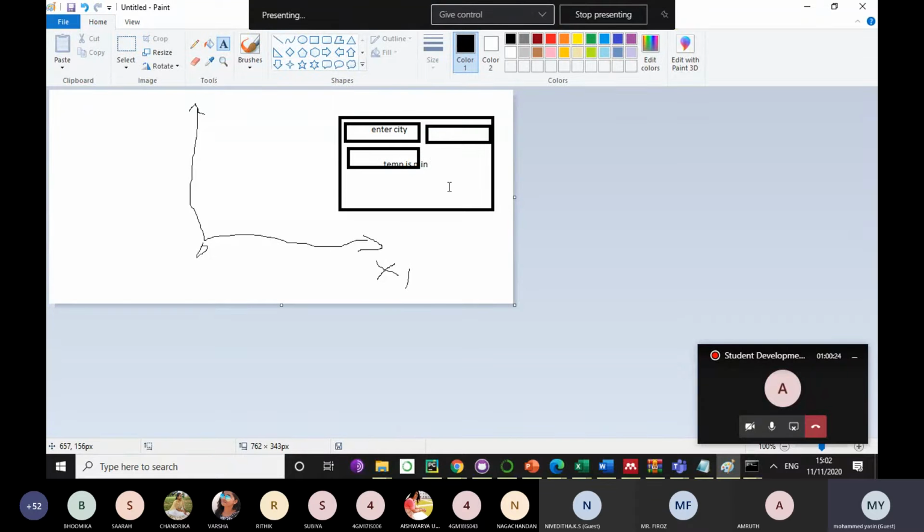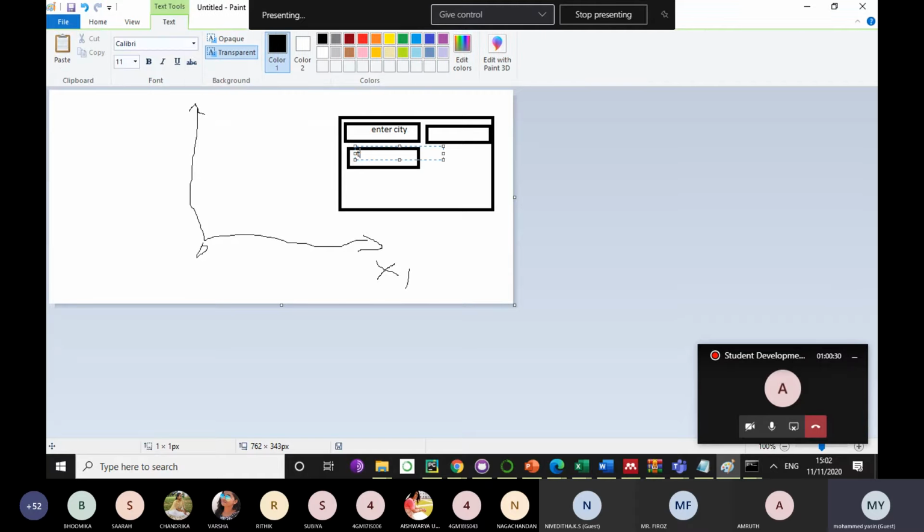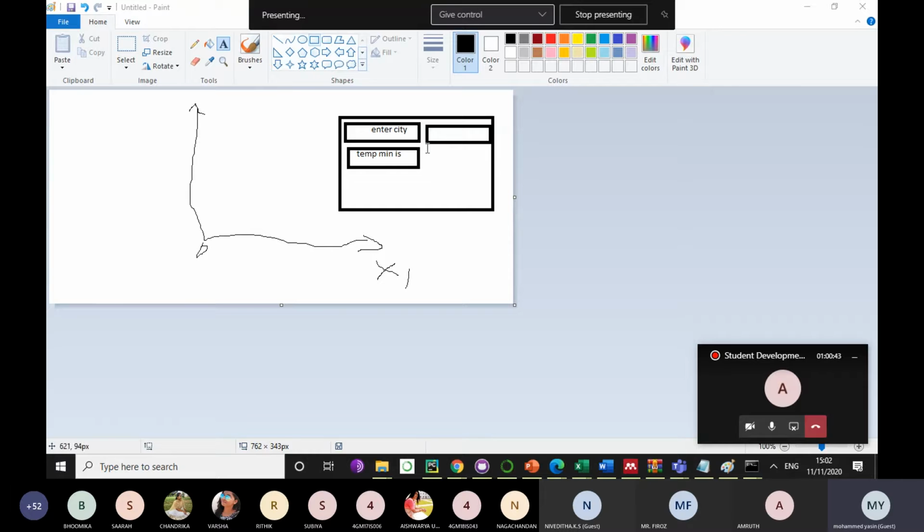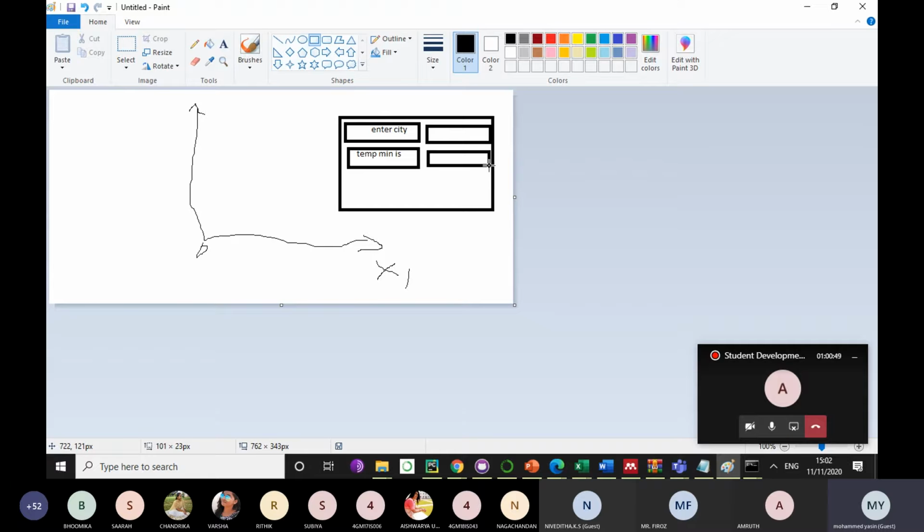If you want a very good front end, you should learn HTML, CSS, and then do it with the Flask framework. But that is not a part of this right now, so we'll just do this with the tkinter module.